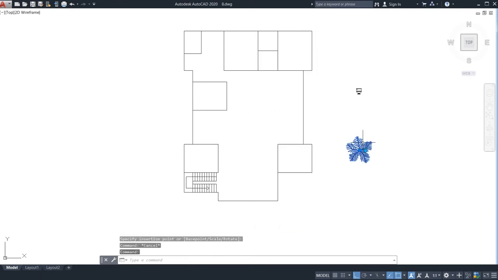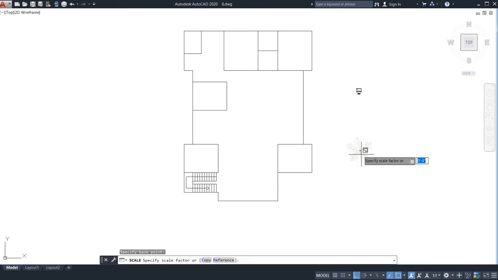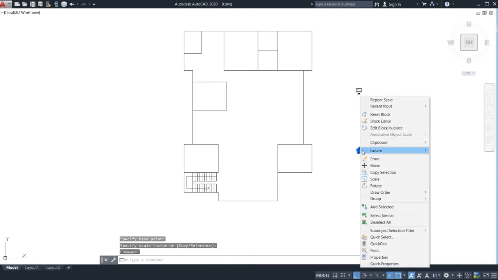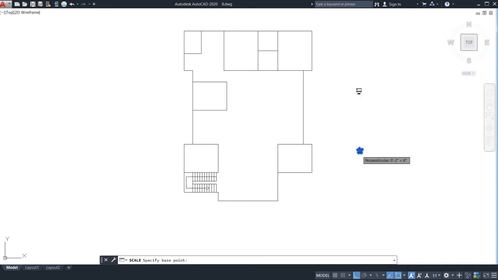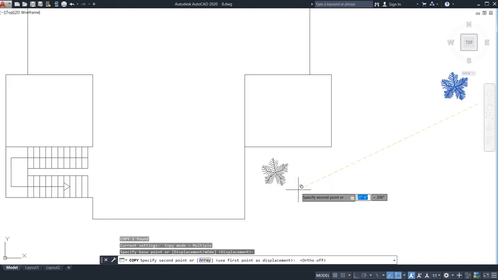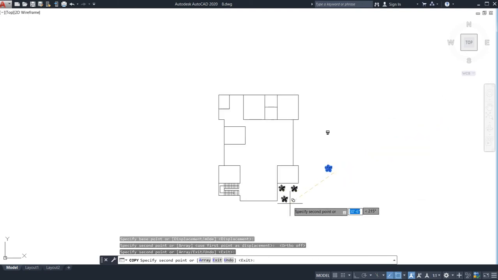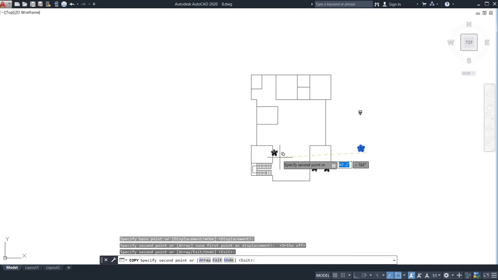After that, I need to scale it to some extent. So I'm going to scale it up to, yeah, this will be better for me. This is quite small. Let's go for right click. If you do the right click, then this option will appear. See, this will be perfect for me, right? So go for the offset command. My ortho is on right now, I need to turn it off. If you need any kind of tutorial, just go and watch my previous videos from my playlist. You may definitely get knowledgeable ideas.